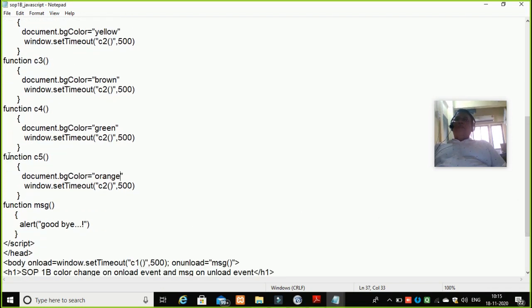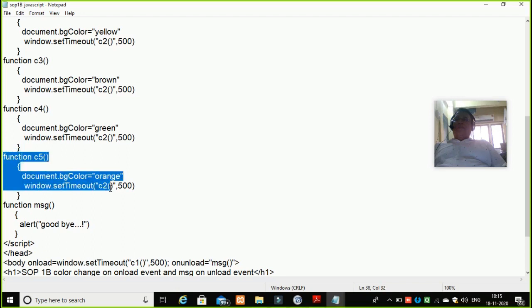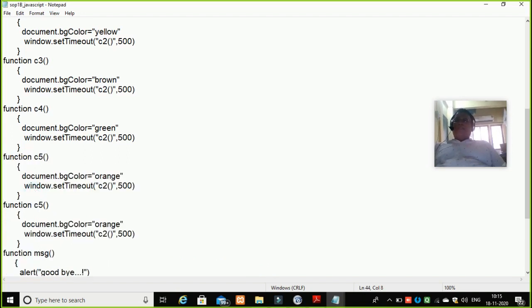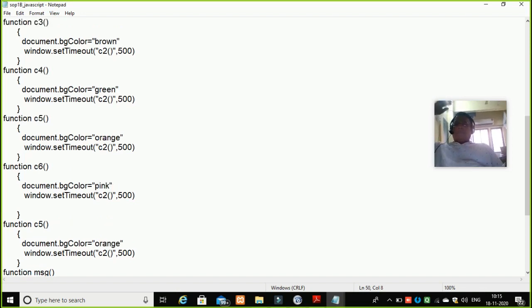Few more copying needed. C6, change the color. C7, change the color.